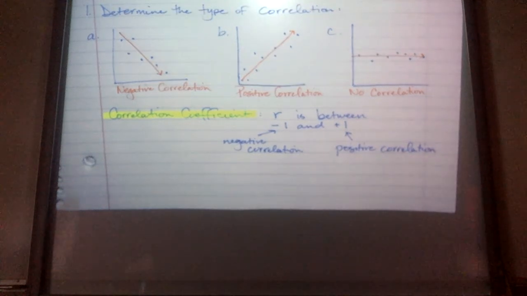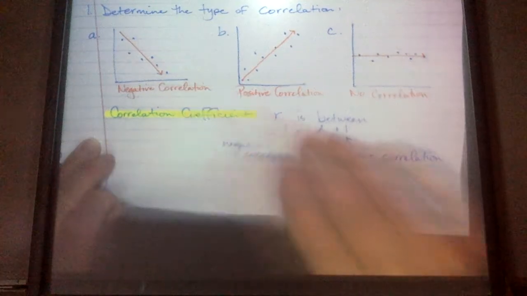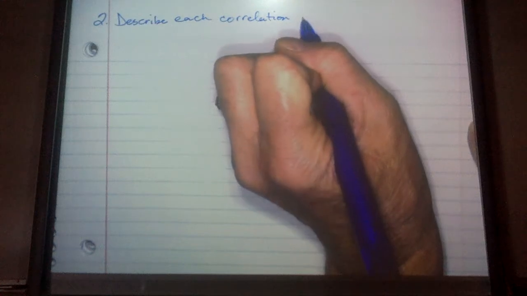So we're going to practice describing something based on the correlation coefficient. And we're going to describe things as either weak, strong, moderate, positive, or negative. So here's our second example. We're going to describe each correlation coefficient